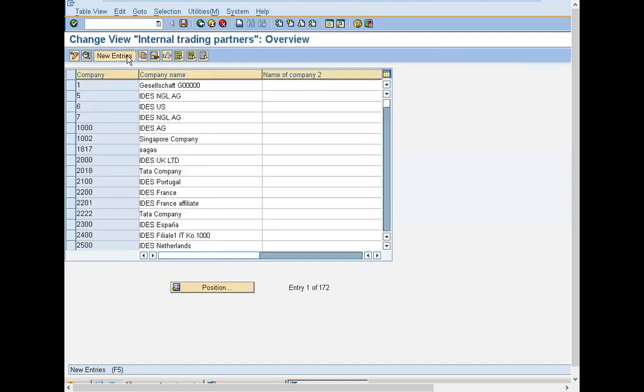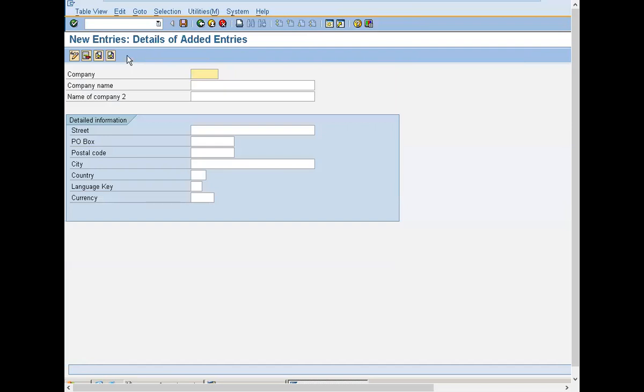New entry. Company is SPK101. SPK Industries, Group Industries. Country IN, language EN, currency INR, city Chennai.